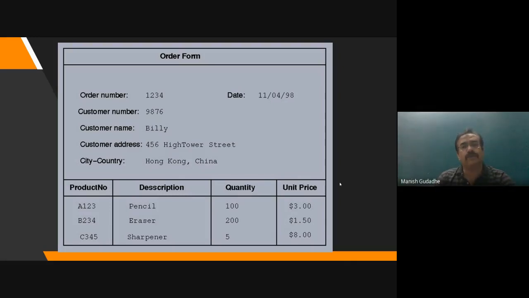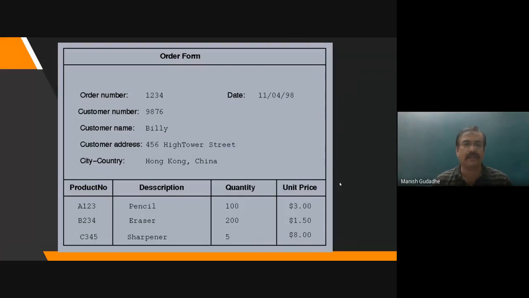Is it okay to put all these things in a single table, or do we need to go for different tables? This should be our understanding. What you are going to get from a customer is this. You need to understand this, and decide whether you want a number of different tables, what the structure of those tables should be, and how those tables are going to interact with each other.